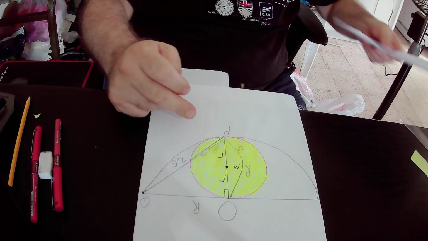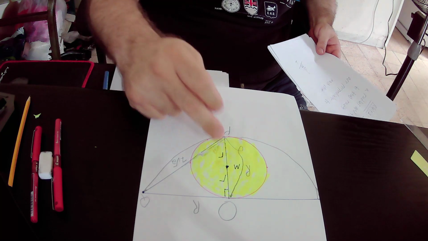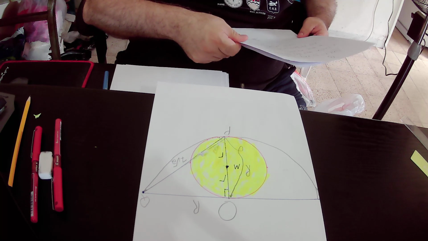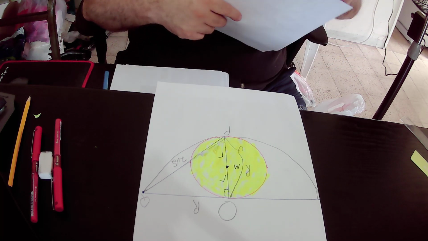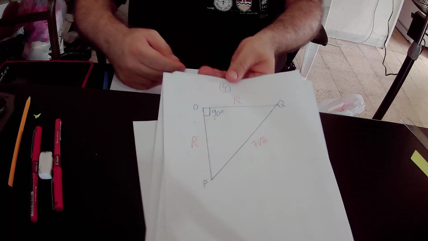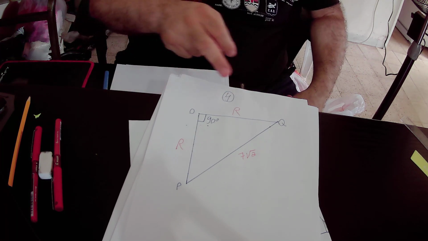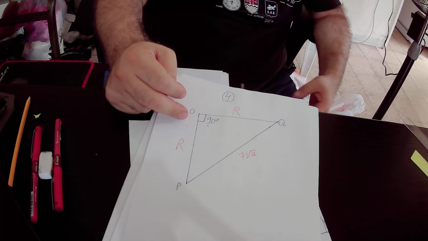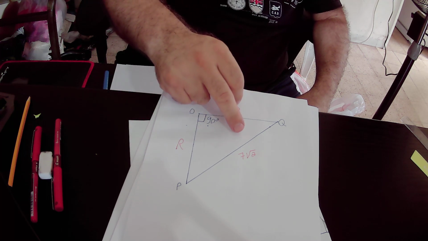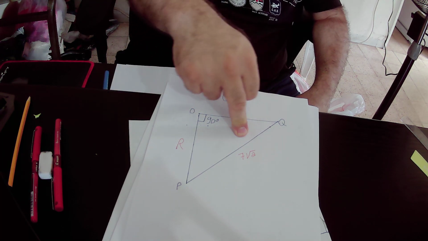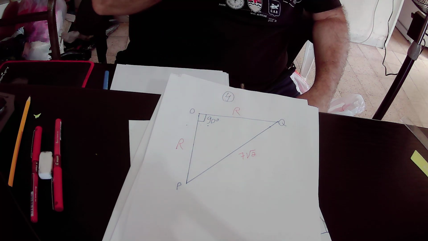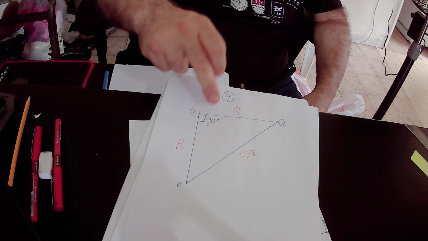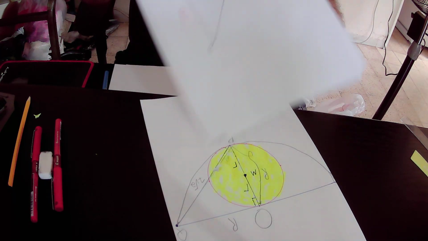So actually we have here a right triangle. POQ is a right triangle because angle POQ equals 90 degrees. So I draw again the right triangle POQ. Side OQ equals capital R, side PO equals capital R, the radius of the semicircle, and side PQ equals 7 times root 2. This is the hypotenuse of the right triangle. And according to the Pythagorean theorem, we can actually find out the value of capital R, the radius of the semicircle, because